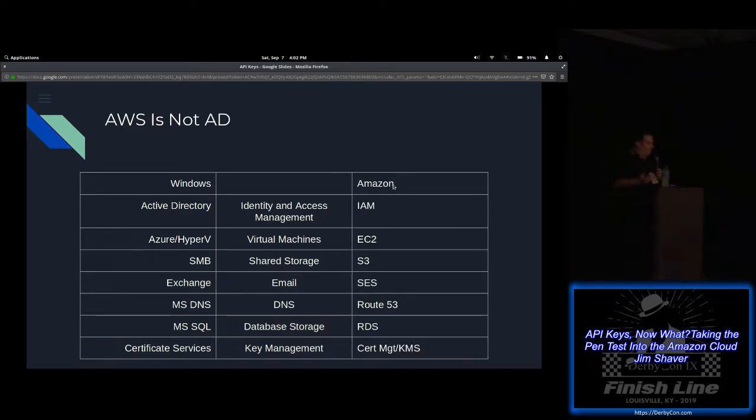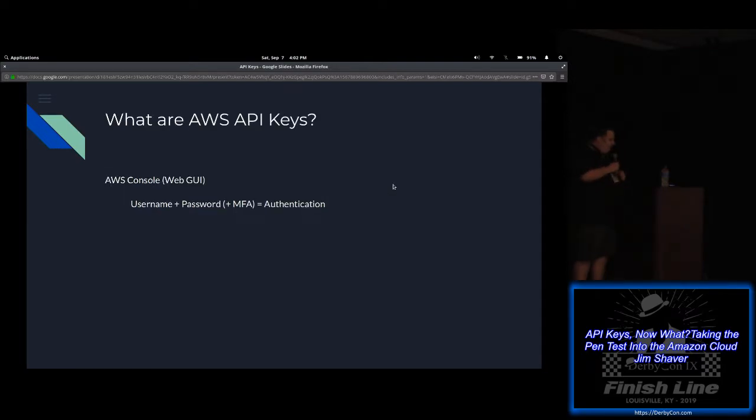And Amazon has things that are complementary. Now, Route 53 doesn't work exactly the same as Microsoft DNS, but they both do DNS. So it's good to think about that there's more to AWS than just those two things. We're going to primarily talk about EC2 and S3 today, so that is the focus of the talk.